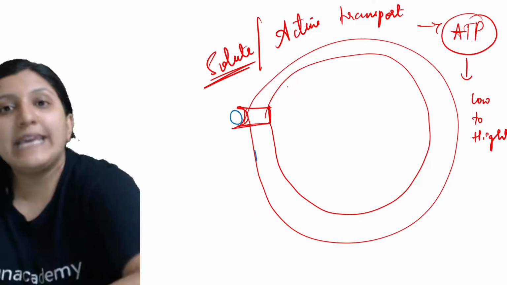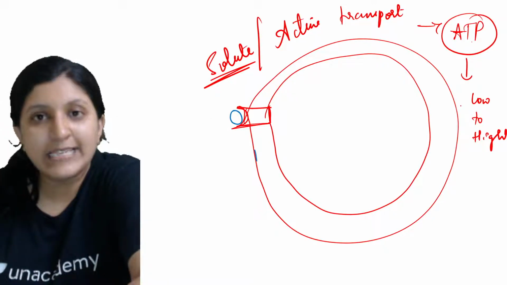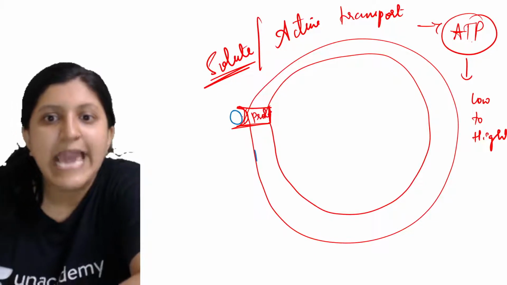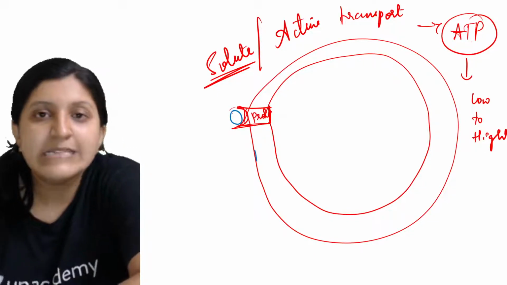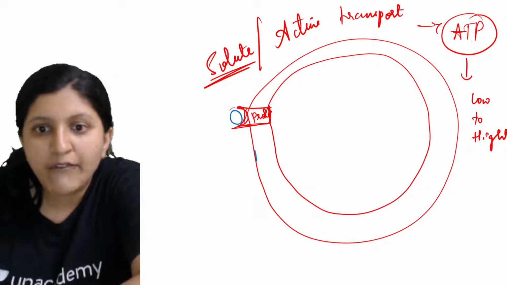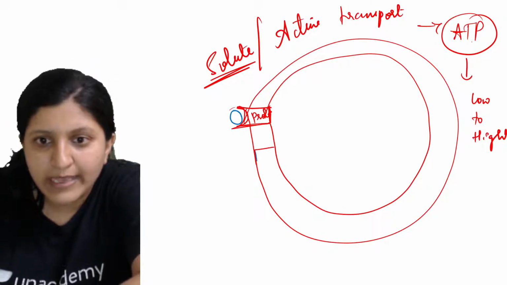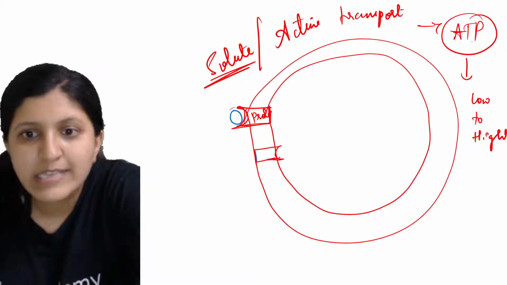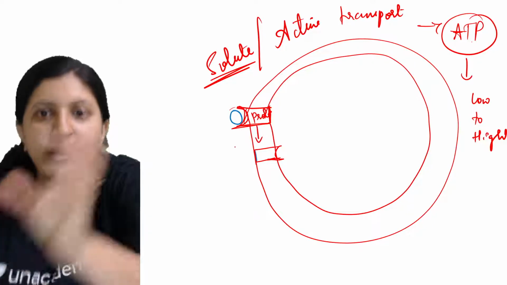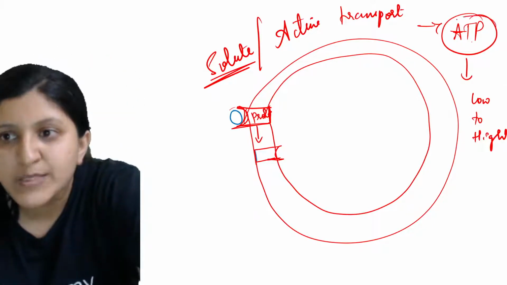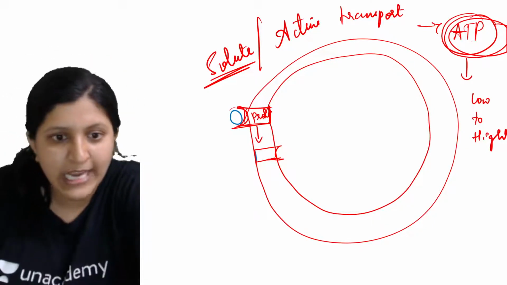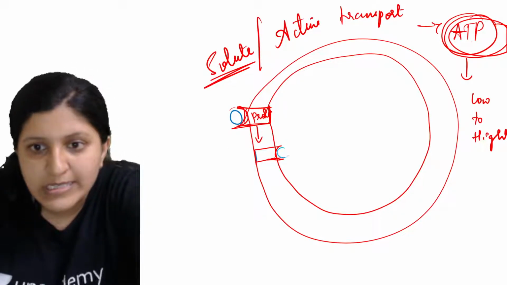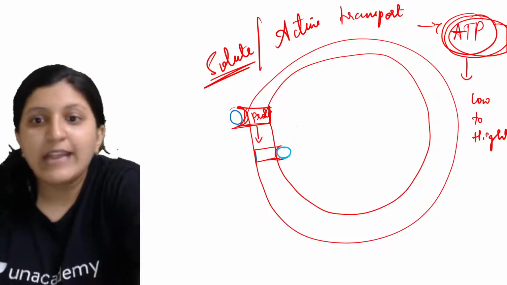That is by taking in a solute. How exactly is ATP used up? Now there is a protein carrying this particular solute, a mineral. This is going to get reversed like this, moving in the different direction, and you can see the same thing moving by using energy, that is ATP. The solute which was on the outside is now coming in.